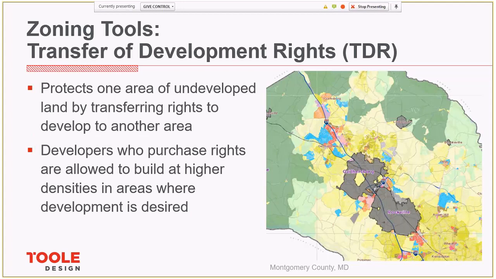Montgomery County has a long planning tradition, and the transfer of development rights is just one part of it. The program began in 1980 over a concern about sprawling suburban development that was consuming 3,500 acres a year of open space. But in conjunction with the agricultural zoning tool that we saw on the previous slide and with transfer of development rights, we now have more than 50,000 acres in Montgomery County protected from development in an agricultural reserve.